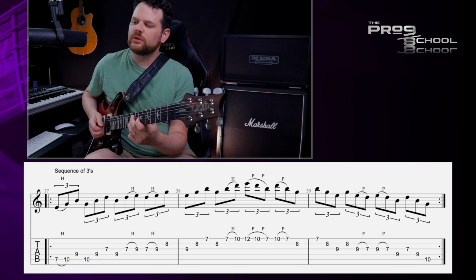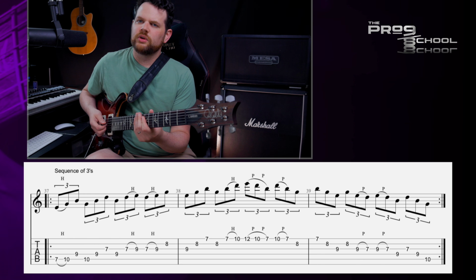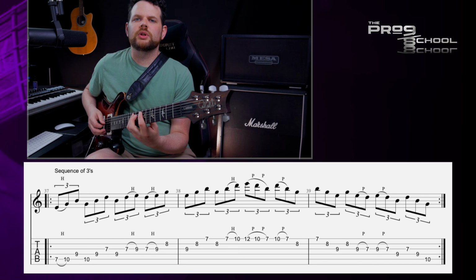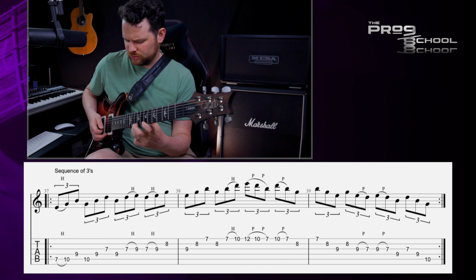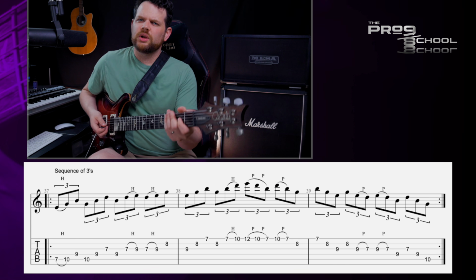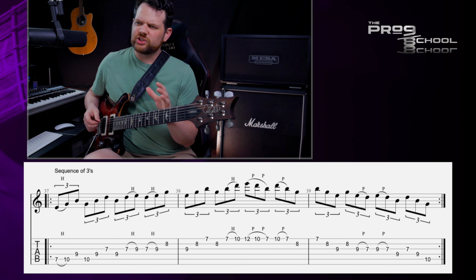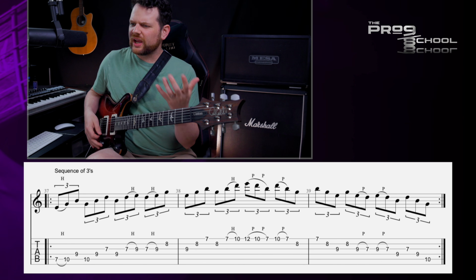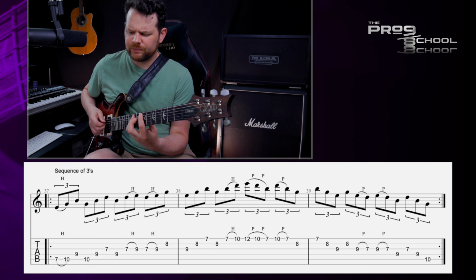I'm going to do this as triplets. So triplet, triplet, triplet. Now, I picked through it there because I was playing it slowly, but you could do some sort of combination of picking and legato, hybrid picking, whatever works for you. This is a weird shape, but